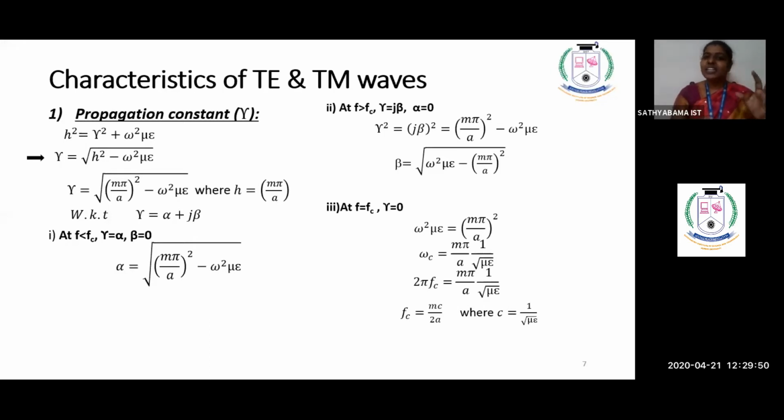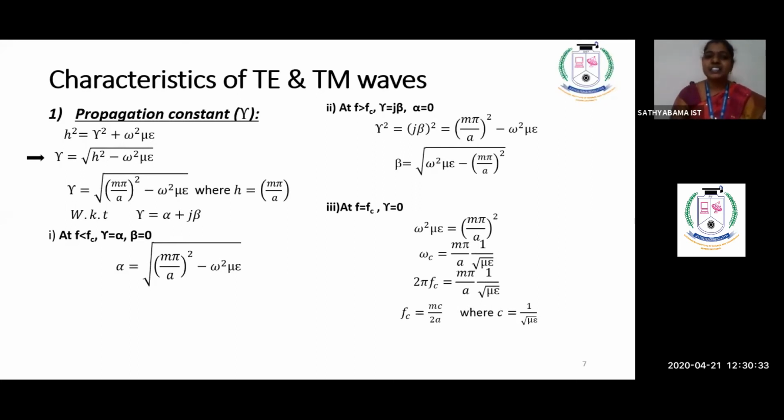In the same way, whether the TE and TM wave I have designed is good or not for practical use, it has certain characteristics which say that the particular TE or TM wave is good or not. So that is what we are going to see now. So what are the various characteristics? The first very important characteristics you will normally write: along the x direction there is some variation, along the y direction there is no variation, along your z direction the wave is propagating. These are the first three very important characteristics you will write for your TE and TM wave.